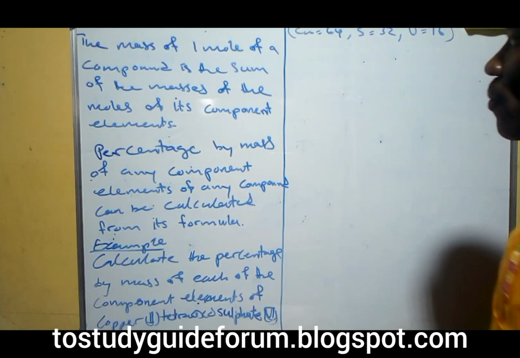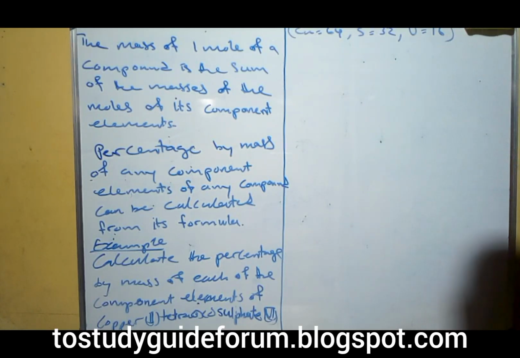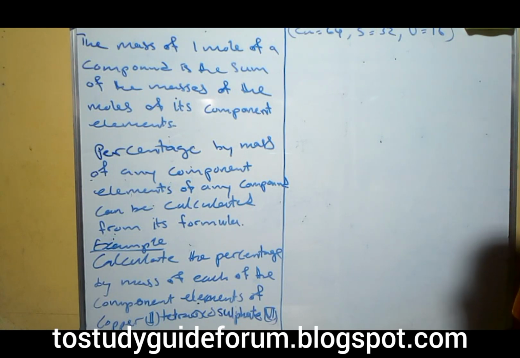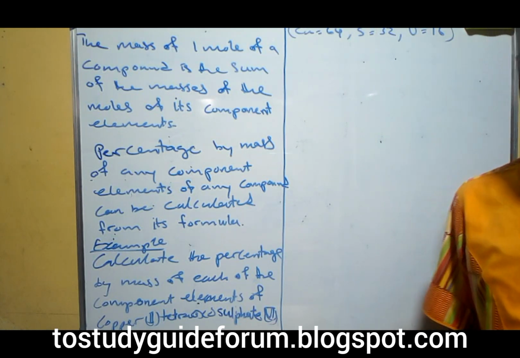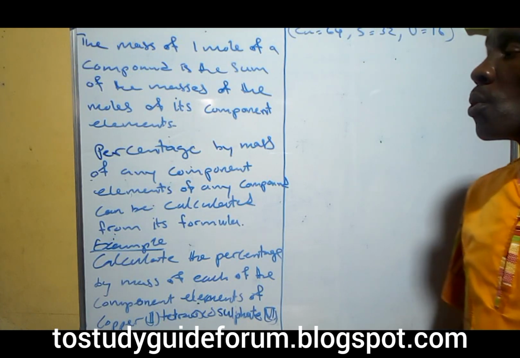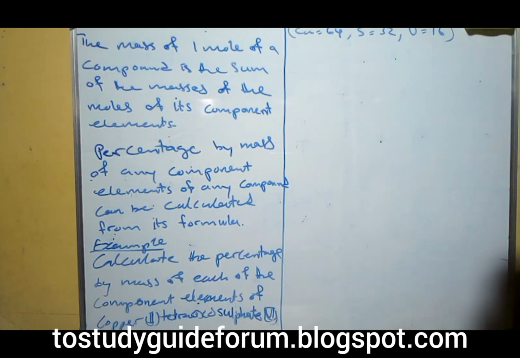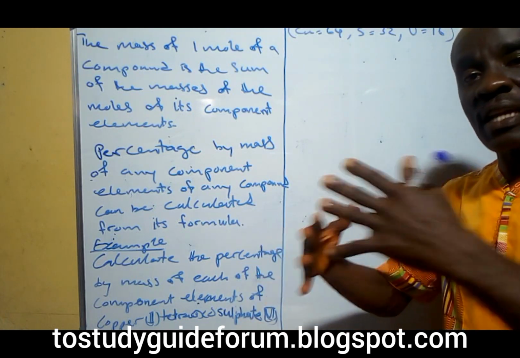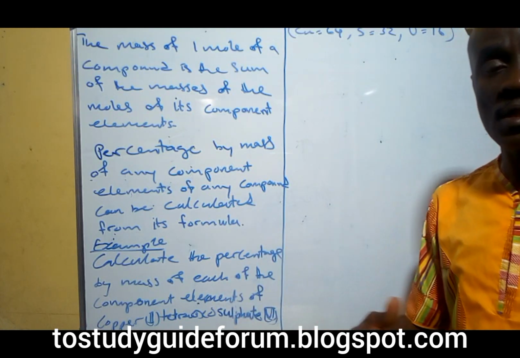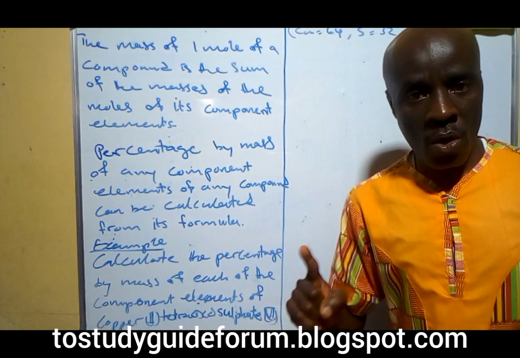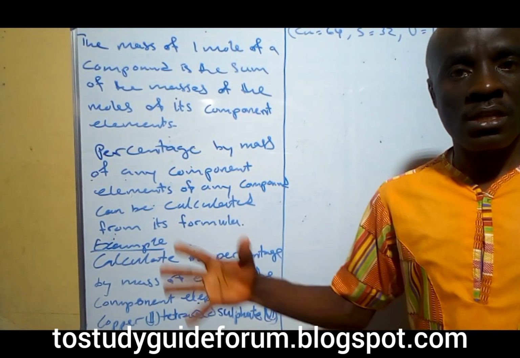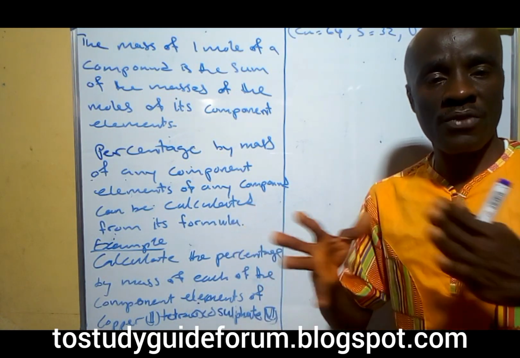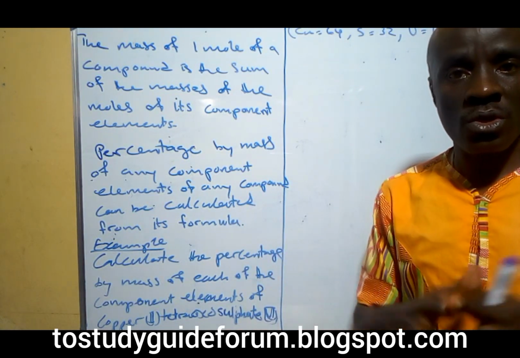The mass of one mole of a compound is the sum of all the masses of the moles of its component elements. So what this simply means is that if we have a compound, all the elements that are involved in the compound, the 1 mole of that compound comprises the masses of 1 mole of each of those elements that are involved. So when you join them together,